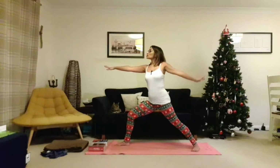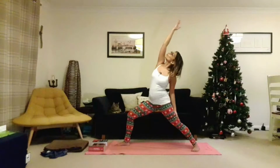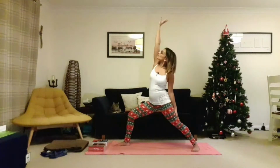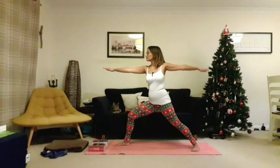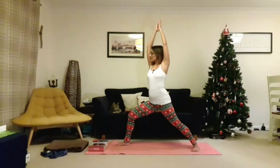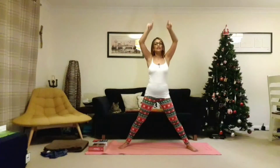And then we're just going to drop that left arm, taking the right arm over the body for a reverse warrior. Taking a breath in and releasing a breath out. Bring the hands back down to your warrior two. Take the arms up on the inhale, and as you exhale, just bring the feet into facing towards the side